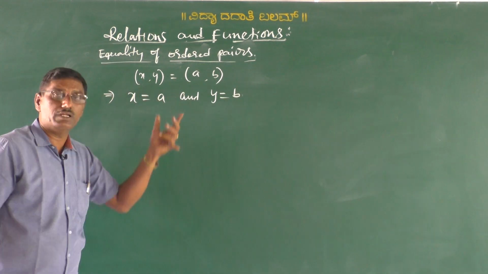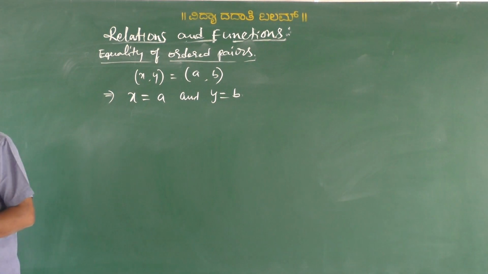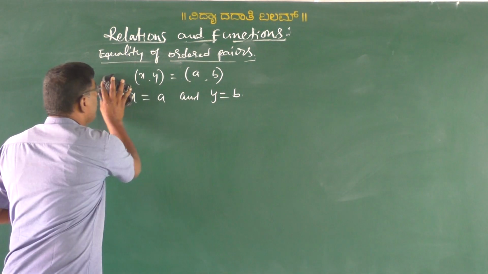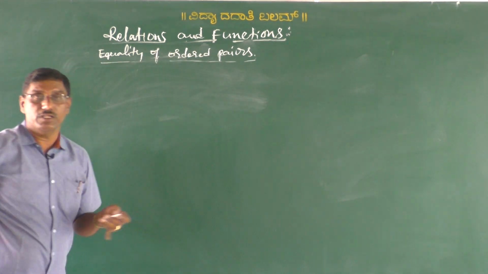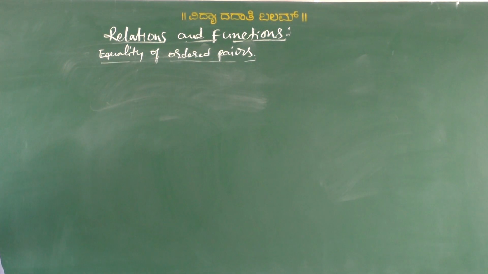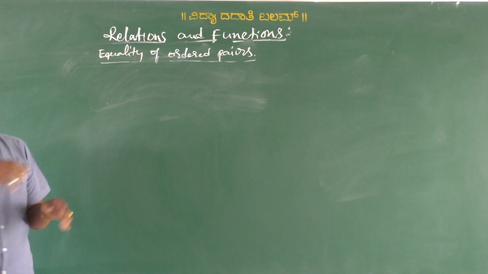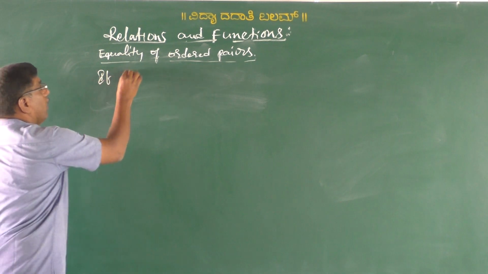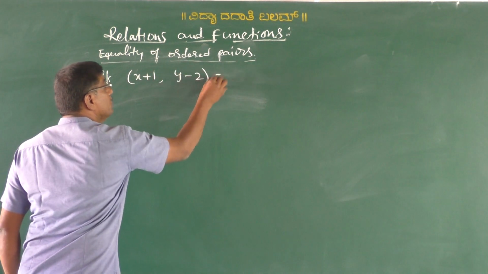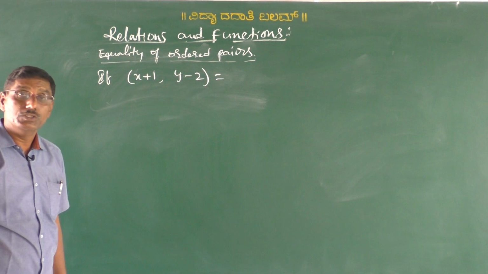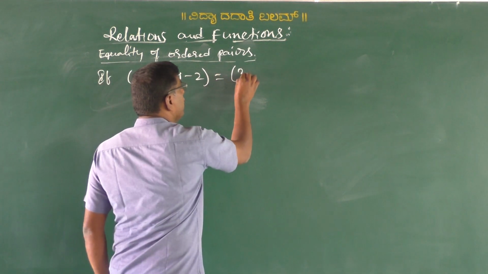On this concept, we are going to define some problems, which are important from the point of view of examination, my dear students. That is the example, if the ordered pair x plus 1 comma y minus 2 is equal to the ordered pair 3 comma